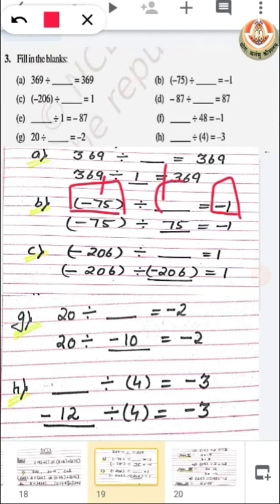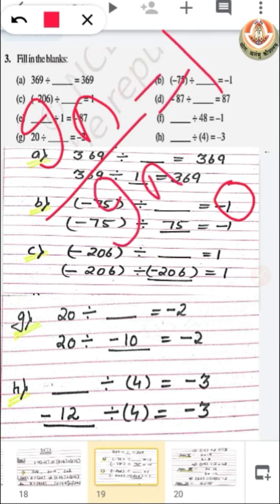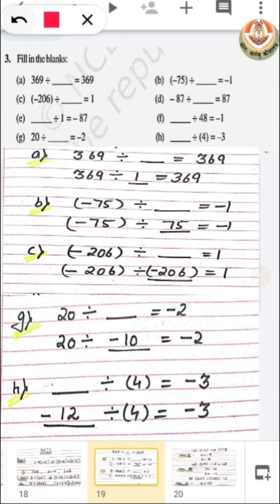That means this part will be positive. Okay, class? And we need 1 in the answer. So we have to divide any integer by itself to get 1. So minus 75 will be divided by 75 to get 1, as minus is already